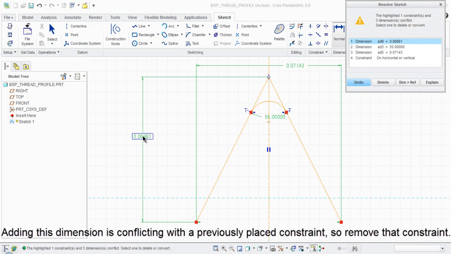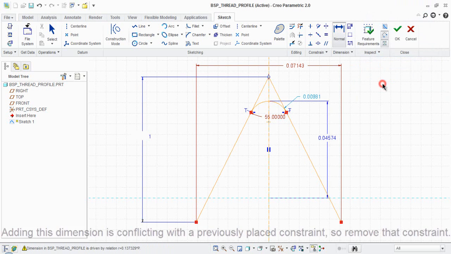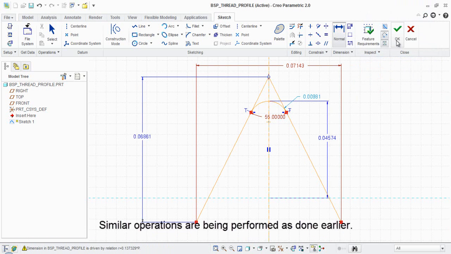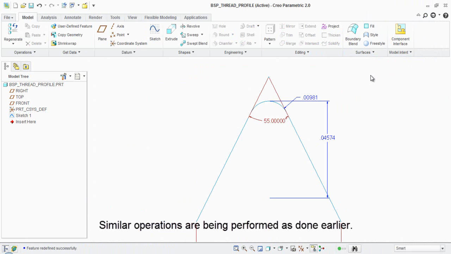Adding this dimension is conflicting with the previously placed constraint, so remove that constraint. Similar operations are being performed as done earlier.